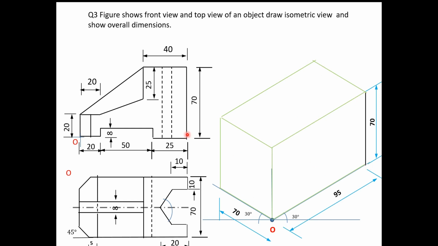Next, this 25 is visible, so this is 25. Again this 40 is also visible, so this is 40, this 40 length, top length. Then this edge is visible, so I will mark this edge like this. Then this edge is also visible, mark this edge. Next, from this, this edge is visible, then this edge is also visible, draw this edge here.